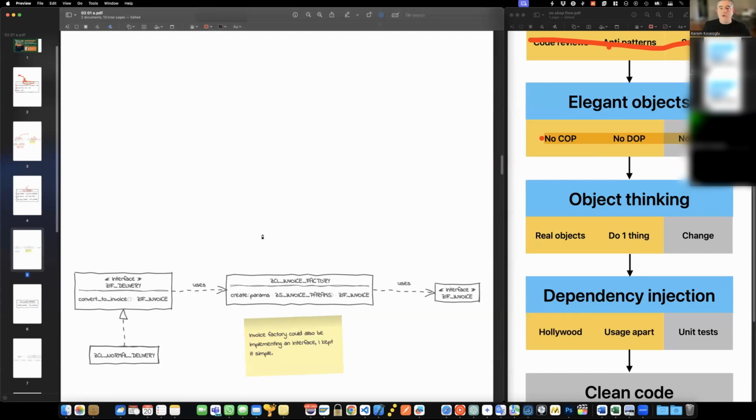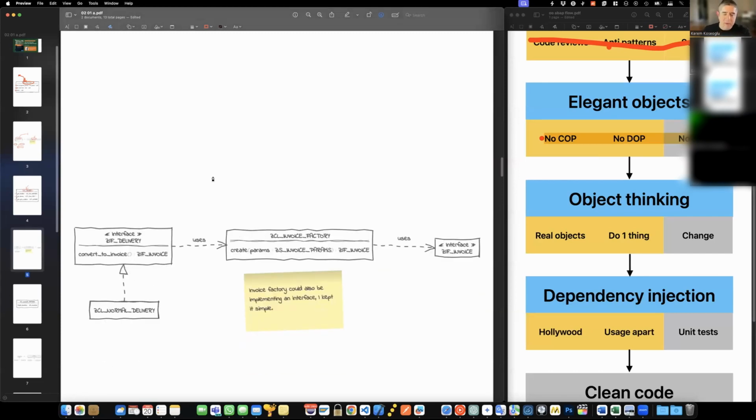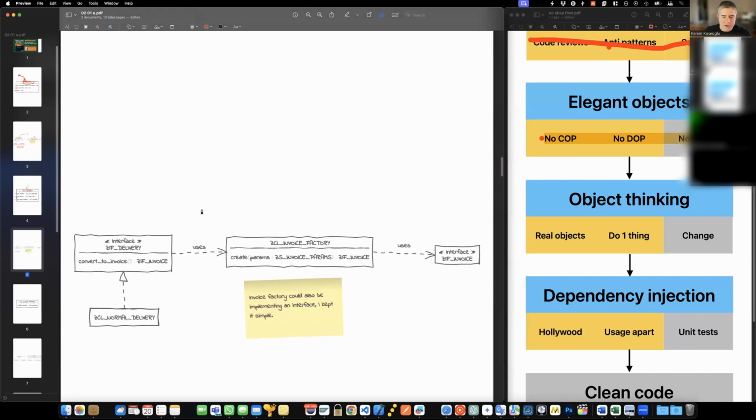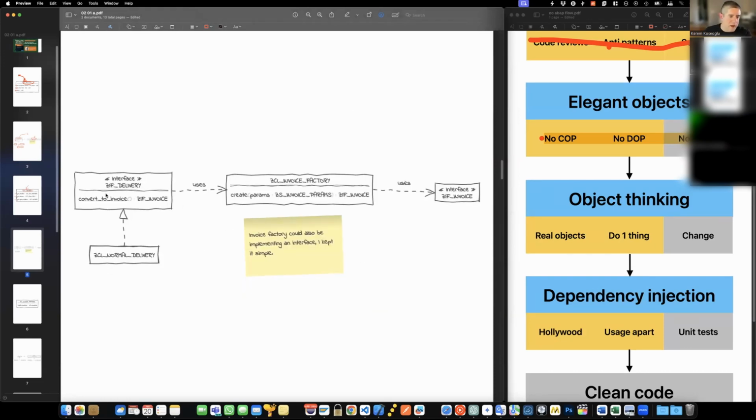now this is an overcomplicated diagram, but it is to show you how it's going to scale. So first, just like we have learned in the previous step, I have a delivery interface here. You can see it. Instead of asking the delivery data to create an invoice later on, I simply implement a method: just convert this to an invoice. And then I have an implementing class like normal delivery. Maybe I will have further classes for deliveries, return deliveries, or whatever, but now I call it normal delivery.